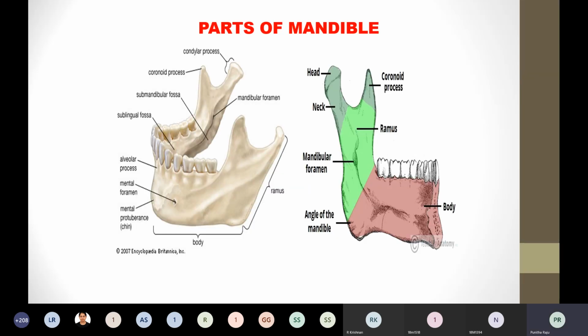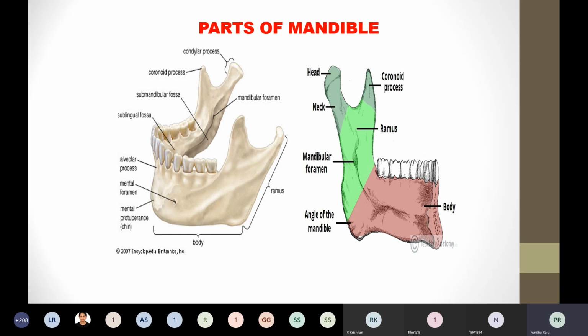This is a picture showing you the mandible. What we used to do previously is, for dental examination, we used to get a child and do the examination. But now we have some problem with that. Even that amounts to child labor, so we are not getting you the child. For final exams we don't get you the child. We just give you one mandible and tell you to write the format and the dental examination for that mandible. For that you should know the parts of the mandible.